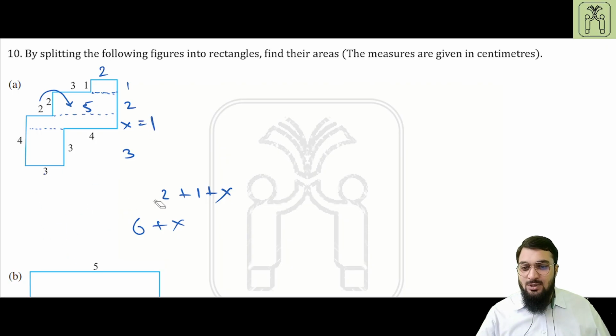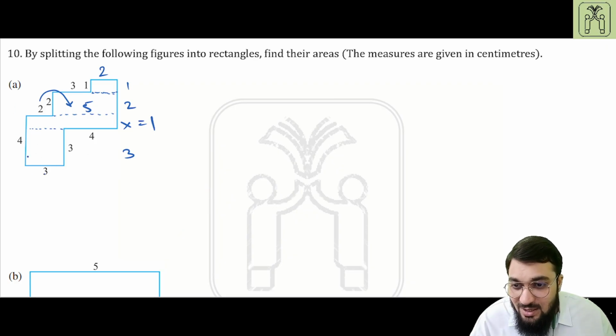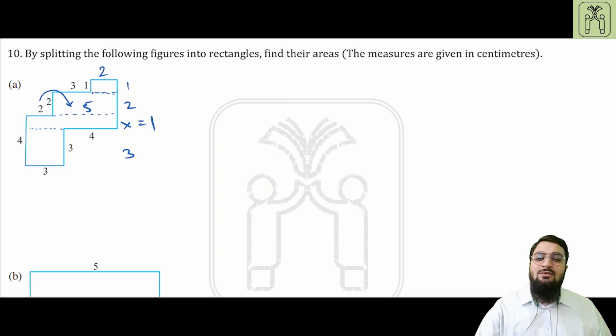Coming to another one, what is the width over here? Width is 3 and the length is 4. So we have all the variables we require, and we will directly find the answer. Okay,